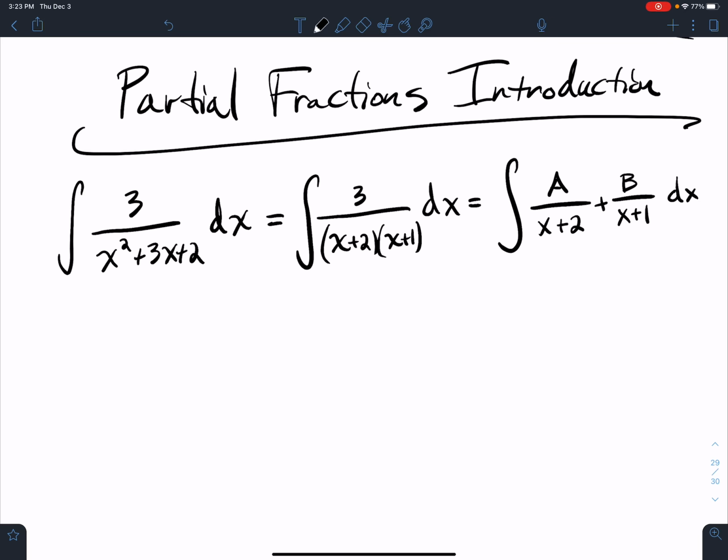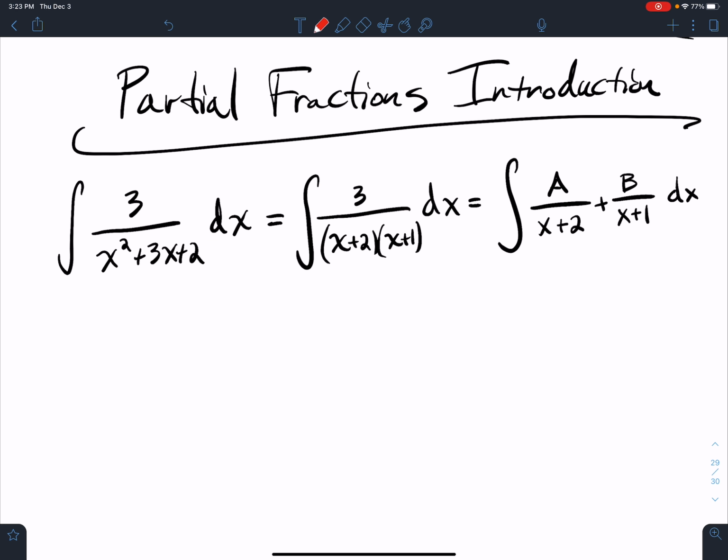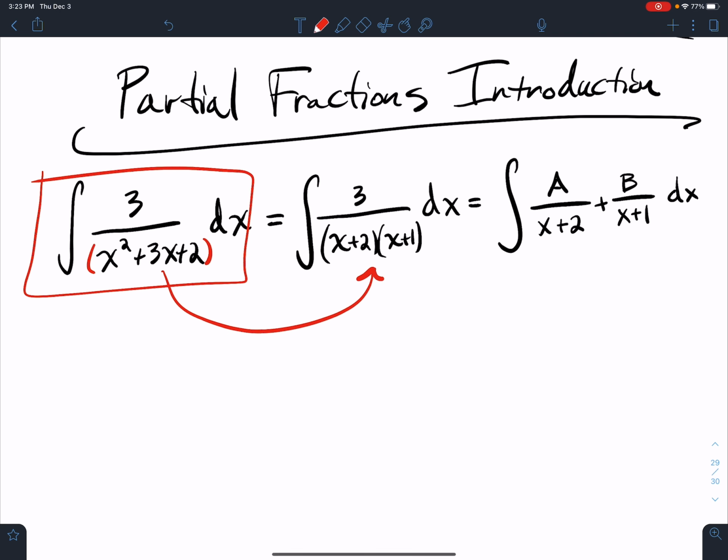All right, so in this video we're going to do partial fractions introduction. So I've got this integral here, a crazy looking integral. What I'm thinking here is that I've got something that is factorable in the denominator. Turns out this factors to x plus 2 times x plus 1. And if you try to do this problem,